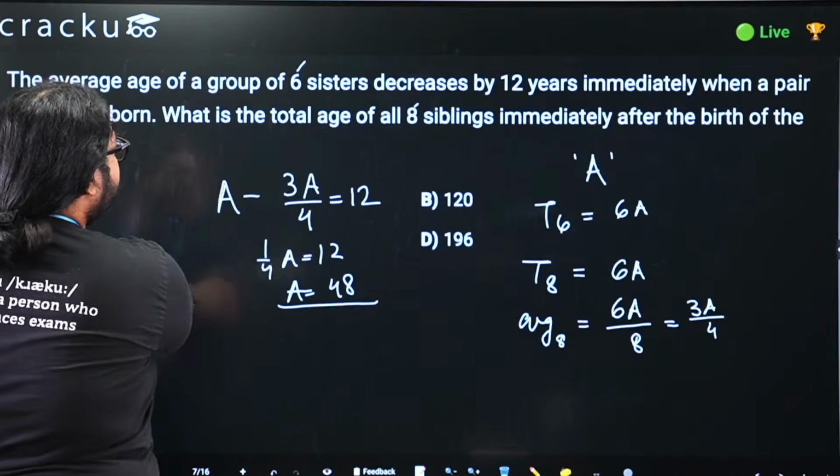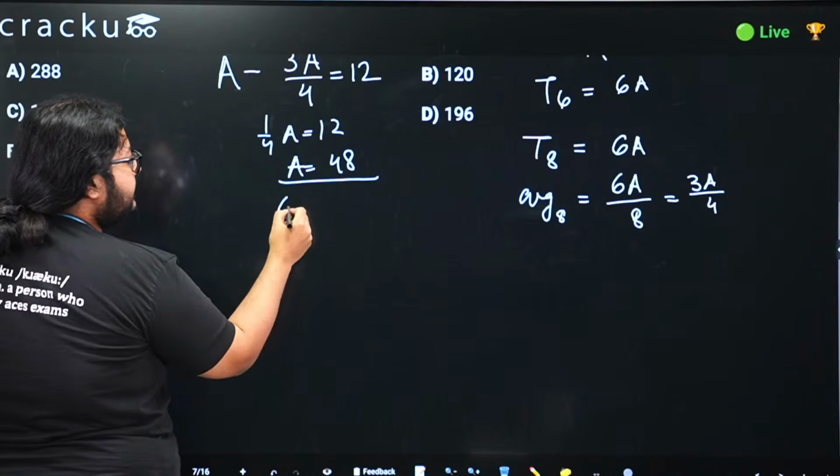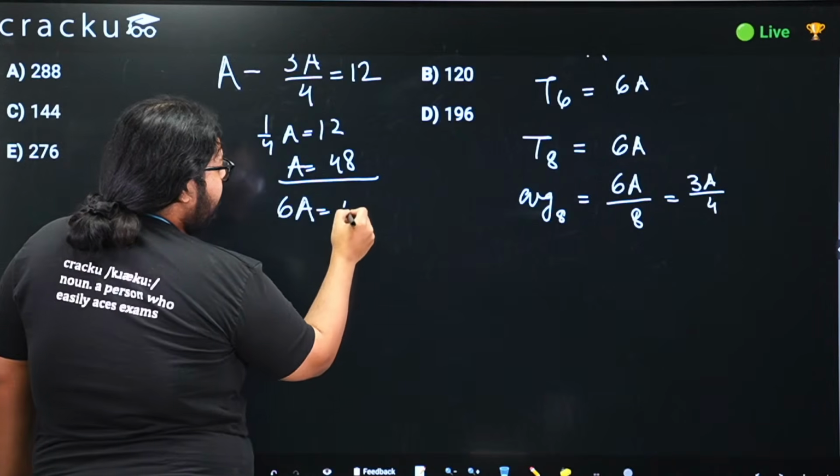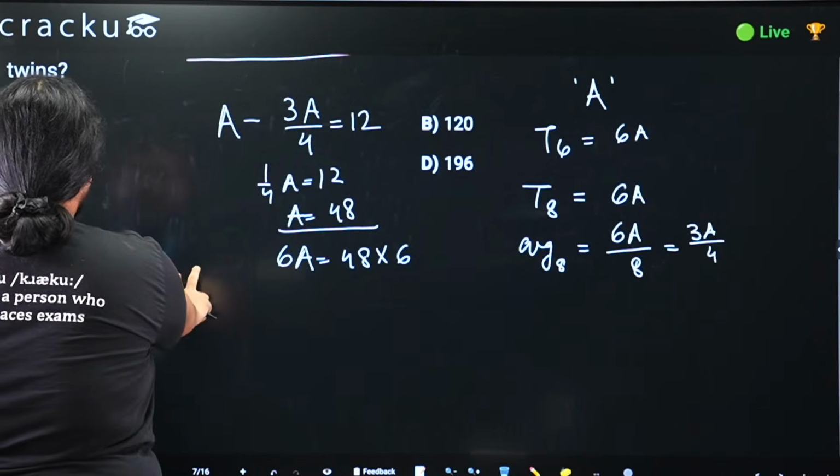The question asks us to find the total age of all the 8 siblings. So the total age is 6A. 6A is 48 times 6. Now do I need to calculate it? See,